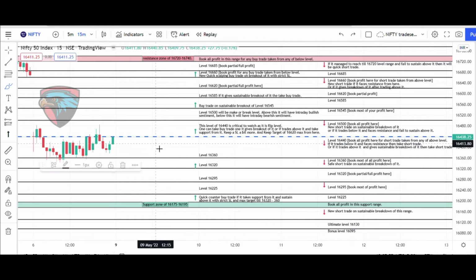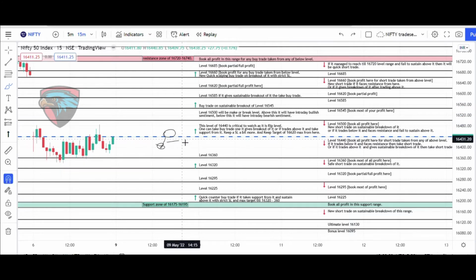So let's see if it is opening in this range somewhere as a 56-point gap down or something in this range. Then it is coming up and giving the breakout of this 440. We will keep the stop loss just below the low of that candle, and we'll take the buy trade. First target 500, then 545, and I will prefer to book profit at 545 and 500 in this range,